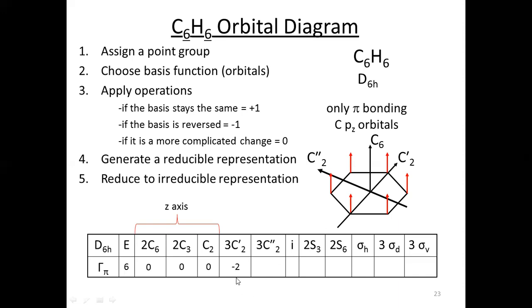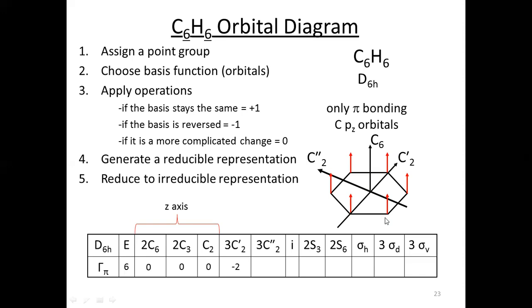Next is your C2 double dash axis. Where is the C2 double dash axis? This is passing through the bonds. Whenever I rotate this molecule through the C2 double dash axis, you can see that upon rotating through this axis, all the orbitals are changing their positions. This will move to this position, this will move to this position, this will move to this position.